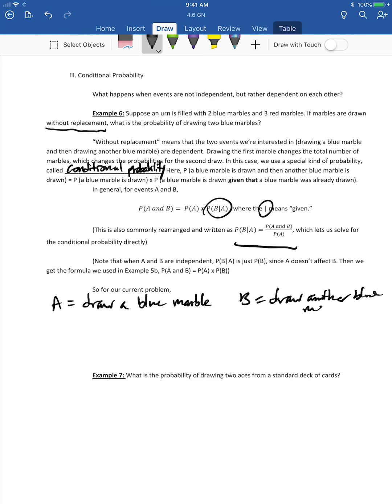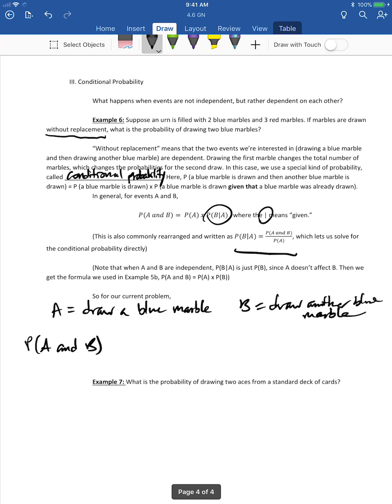So then the probability of A and B happening, or the probability that we draw 2 blue marbles without replacement, is the probability of A times the probability of B given A. So the probability of A, the probability that I draw a blue marble, is what I want. There are 2 blue marbles in that urn